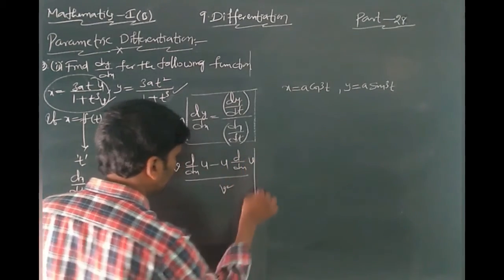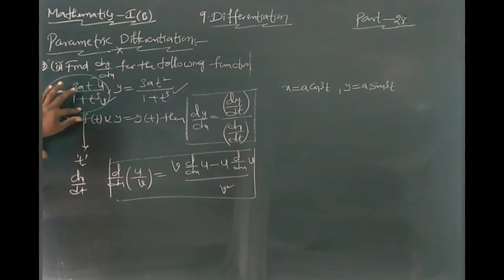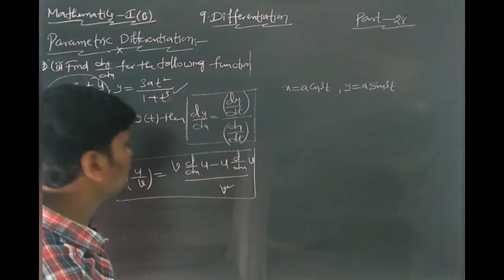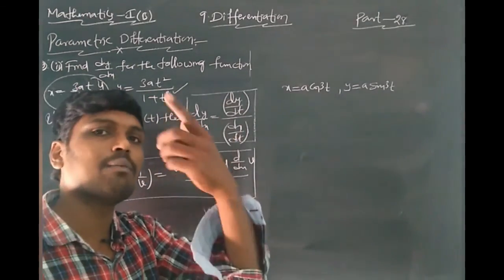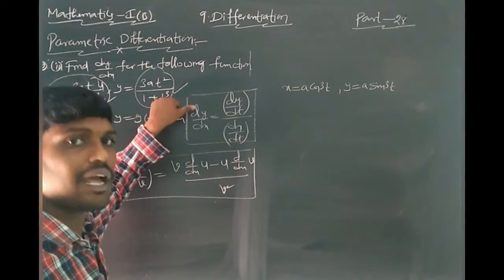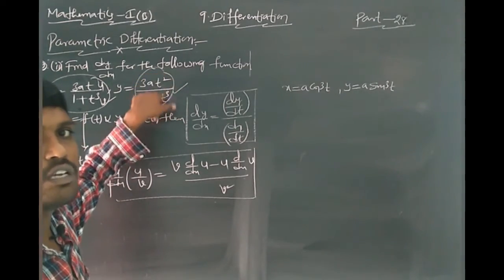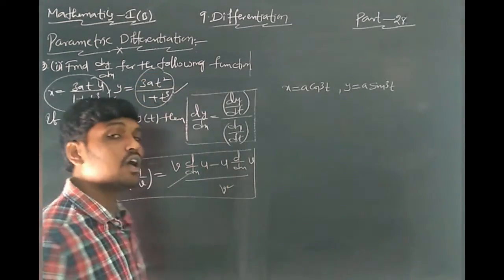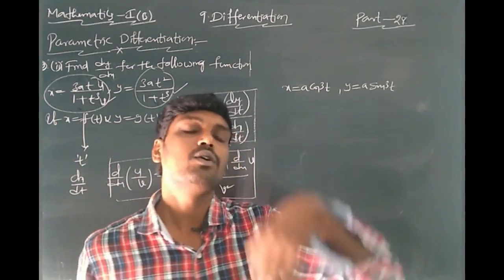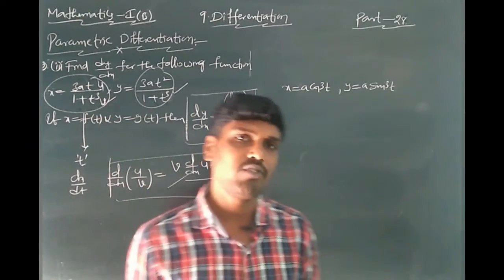In this dx by dt you can write the u value is 3at, the v value is 1 plus t cube. The derivative of 1 is 0, the derivative of t cube is 3t square. Here 3a gets common, the derivative of t is 1. Once again with respect to t, for the y function, dy by dt is the derivative of 1 plus t cube. This also uses u by v. Using this formula with respect to t for x and y, for both functions you can use the u by v formula.